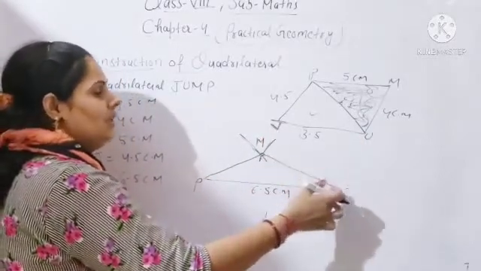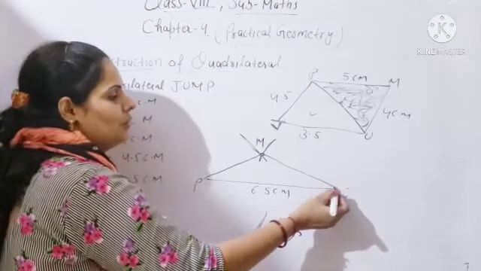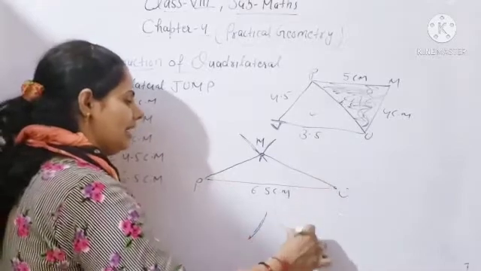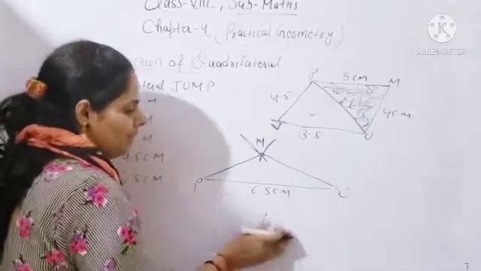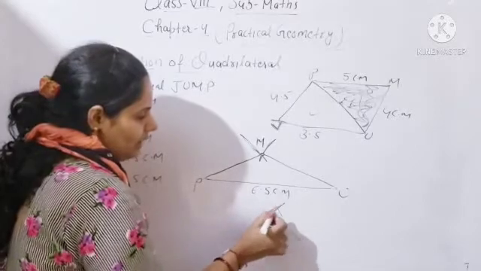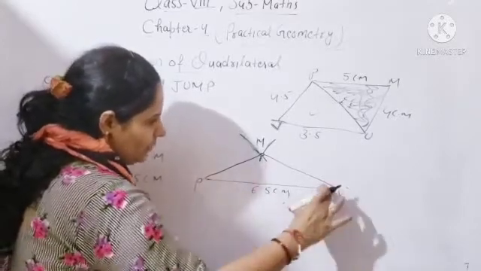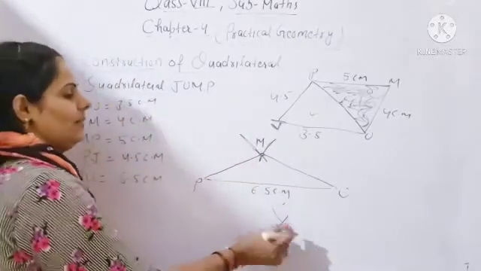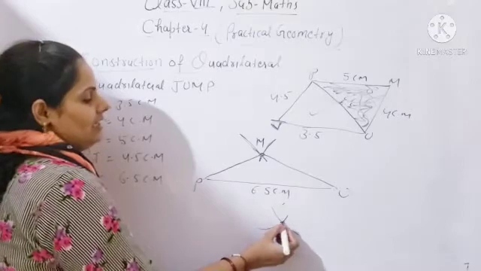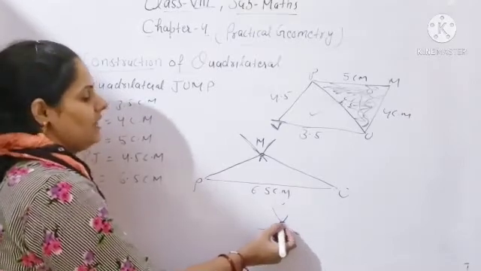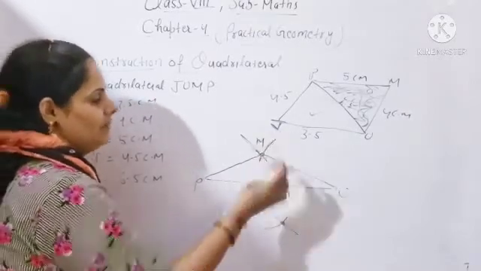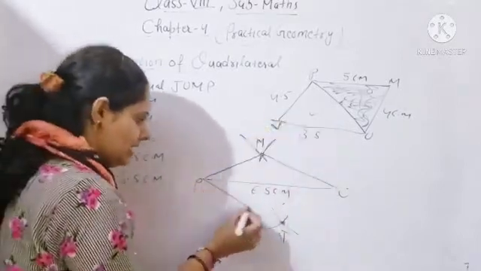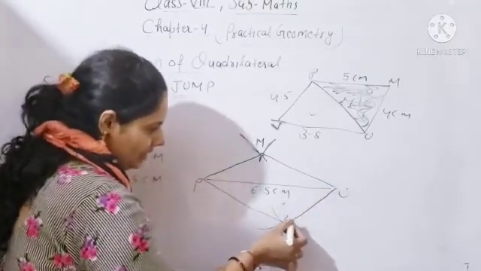So with the help of the compass, you will put your compass here at point U, and with the help of the ruler, you will open it 3.5 centimeter and draw the arc like that. Clear? 3.5. So these arcs will meet. This one from point P, you will draw like that beta, and from point U, for example like that. These two arcs will meet at one common point, they intersect. These two arcs will intersect definitely beta, and the intersecting point of these two arcs will be point J.